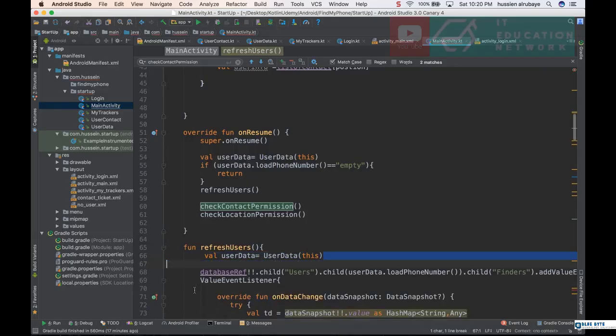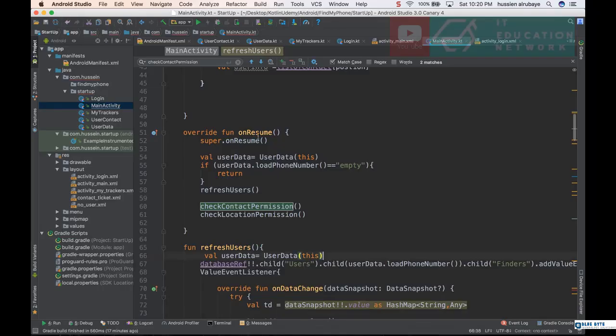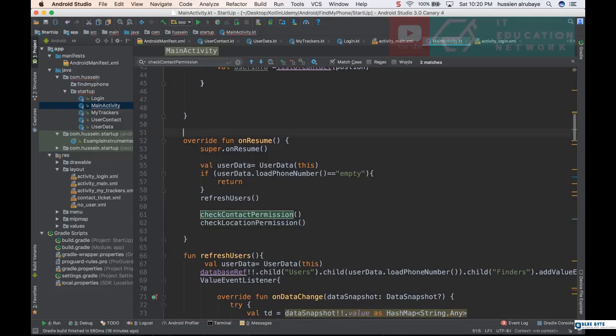Okay, because now here what I will do, first of all, whenever the activity is resumed, I will do what? I will check if he is empty, go back. If not, refresh that data. Then I will do something, check this one. I want to do these two functions only one time per activity life cycle. So I could do it in this way. I could define a variable, name it